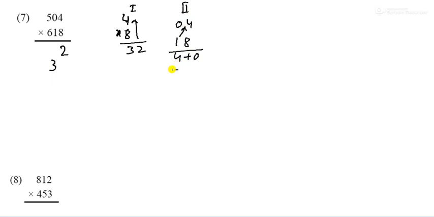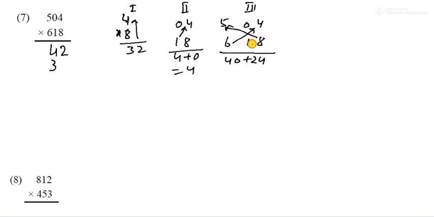Now come to the seventh question. What happened in this? So step first, that is the 4 and 8. Vertically upward multiply. 8 4 ja 32. 32 means 2 here, 3 is carried out. Now step second, it is 0 4 and 1 8. So 4 1 ja 4 and 8 0 ja 0. So that is the 4. So you can write here 4.